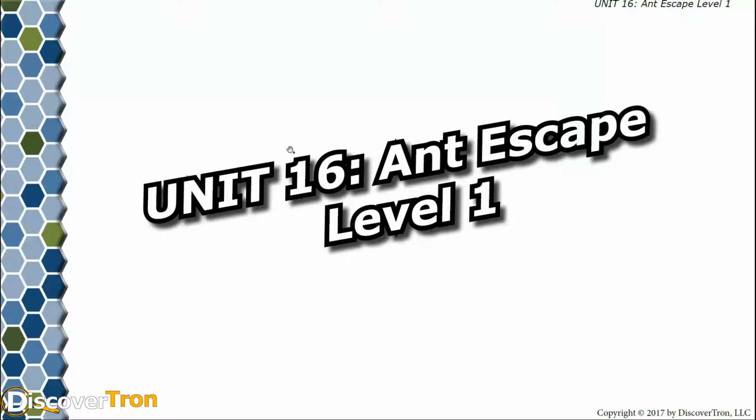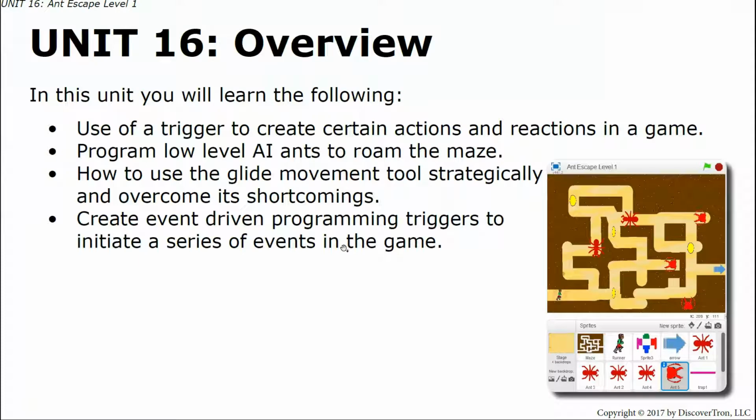Welcome to Unit 16, Ant Escape Level 1. This is the second Ant Escape program. It's a build on the first one, which was Level 0. In this one, we're going to get into some more difficult concepts, and we'll also have ants in the game,